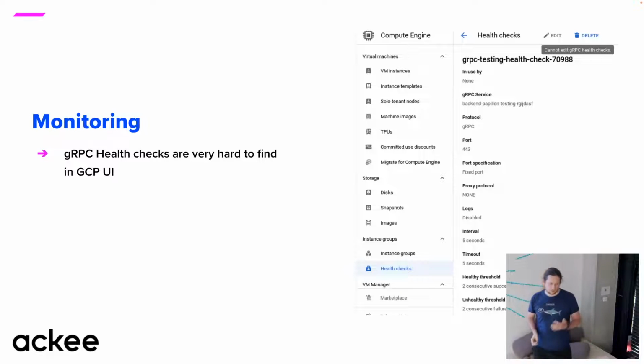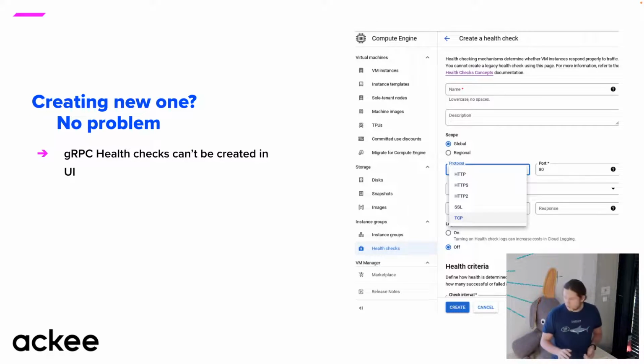Google is using a lot of gRPC services for the SDKs. Whenever you are trying to use the gcloud command, it is usually using some kind of gRPC endpoint. So I think they are utilizing gRPC for almost everything. Yet if you want to try it, you have a really hard time just deploying a health check for gRPC. So if I can't edit it, can I at least create one, since this is already there? Well, not really. It's not even in the options for protocol. You have HTTP, HTTPS, HTTP/2, SSL, TCP. There is no gRPC, but